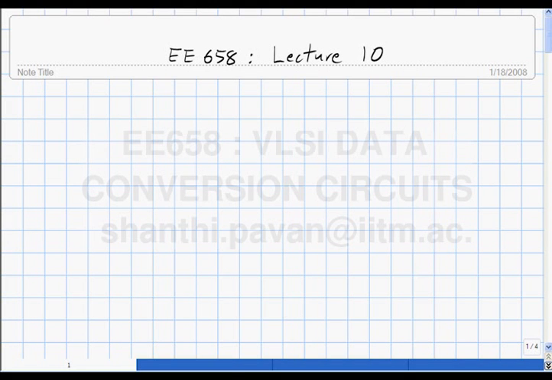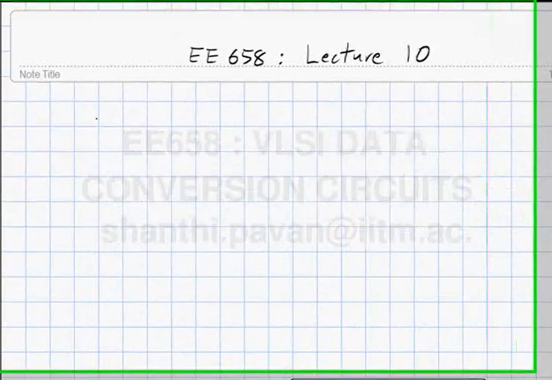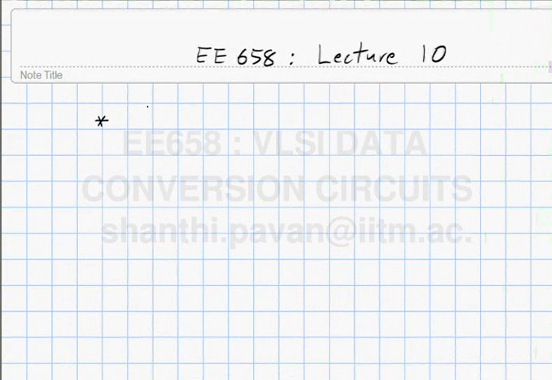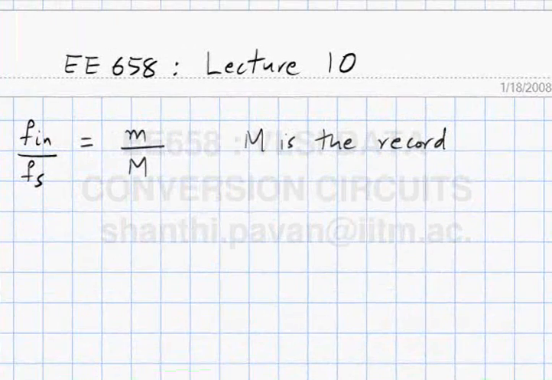Lecture 10. Yesterday we started talking about how we are going to characterize a sample and hold when you actually design one in simulation, and what we concluded was we need to make the input tone and the reference tone be related by a fraction. That is, you want to make Fin by Fs of the form small m by capital M. M is called the record length,